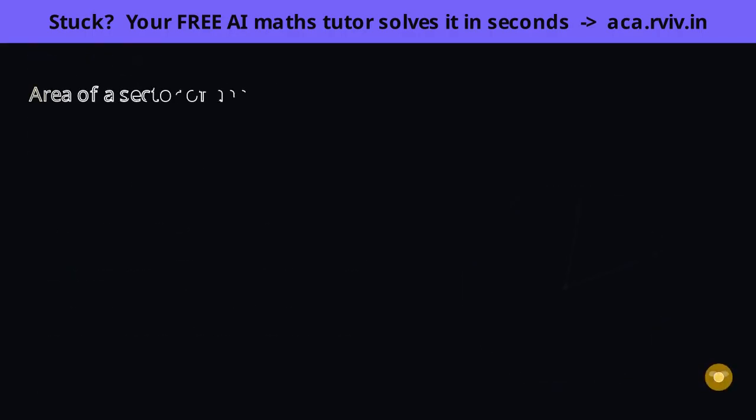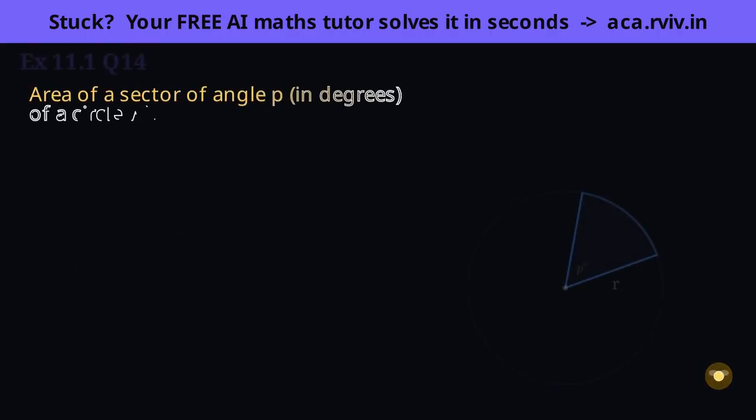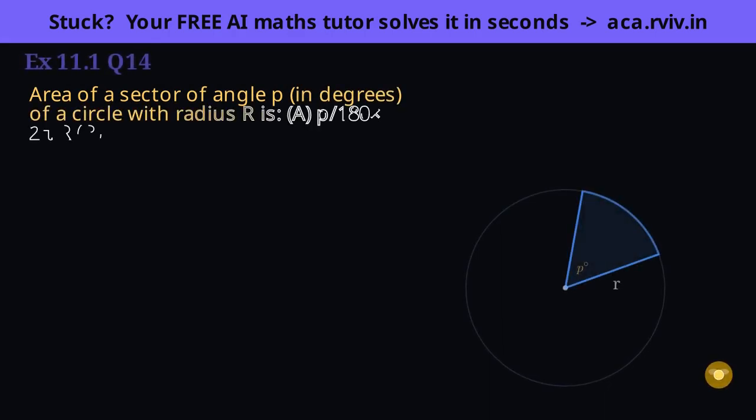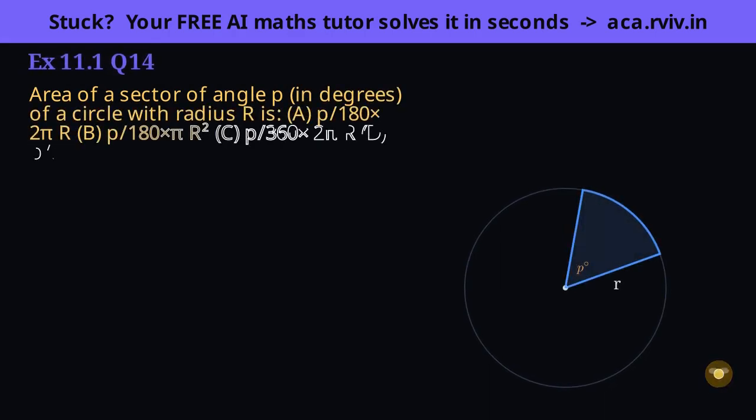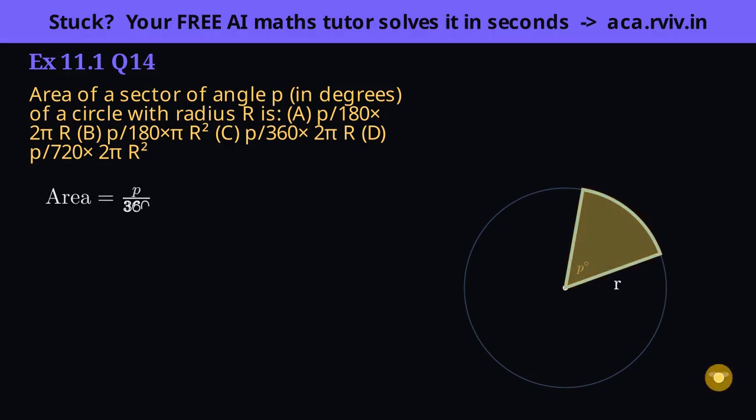Don't be rattled by 4 lookalike options. Write down the formula you truly understand, then reshape it until it matches one of the choices. Anchor yourself on what you know for certain. A sector's area is its angle fraction, P over 360, times the whole circle's area, pi r squared. The angle is just called P here instead of theta, same thing. Now none of the options is written exactly like this, so we'll massage ours to match.